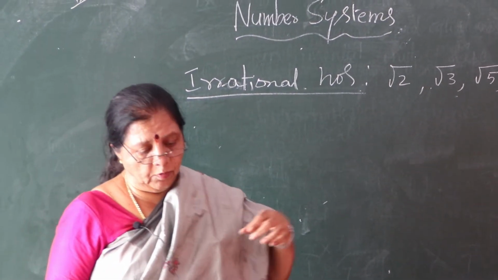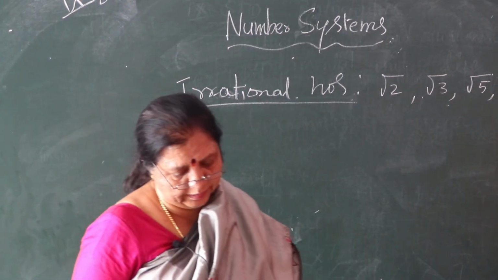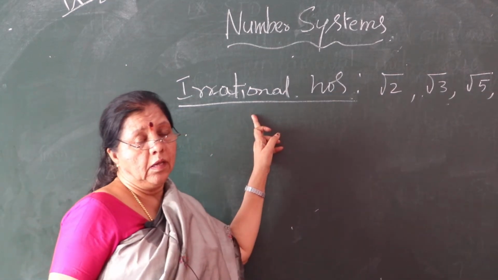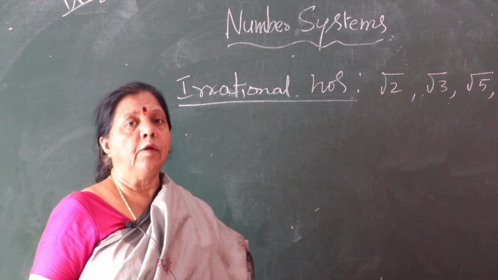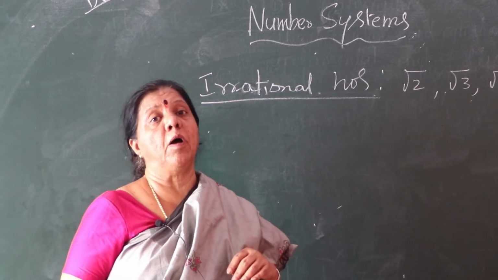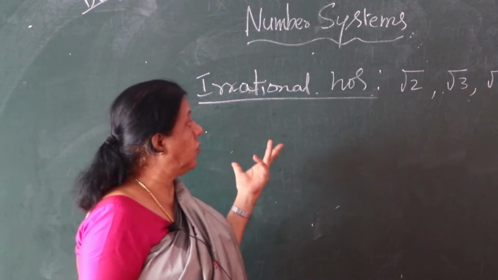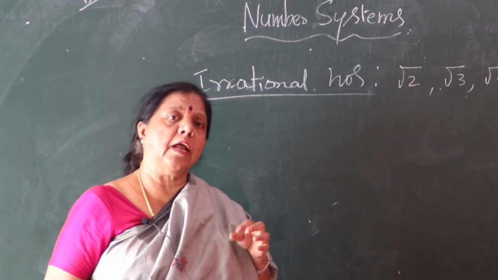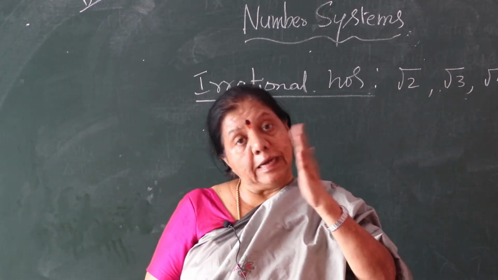How can we locate irrational numbers on the number line? So, these irrational numbers were found by Pythagoras. You know Pythagoras is a famous mathematician. He found the Pythagoras theorem also. So here also Pythagoras only found these irrational numbers. So now these irrational numbers we are supposed to locate on the number line.